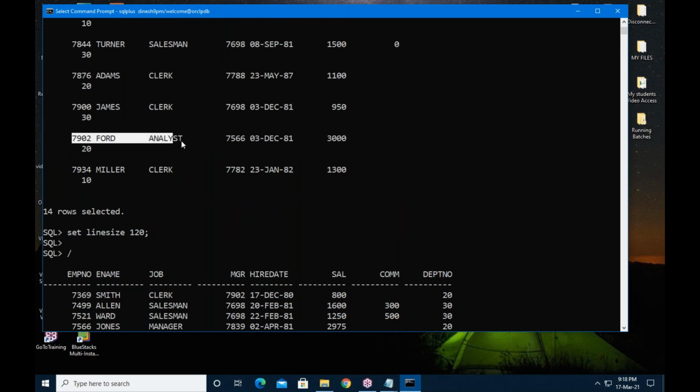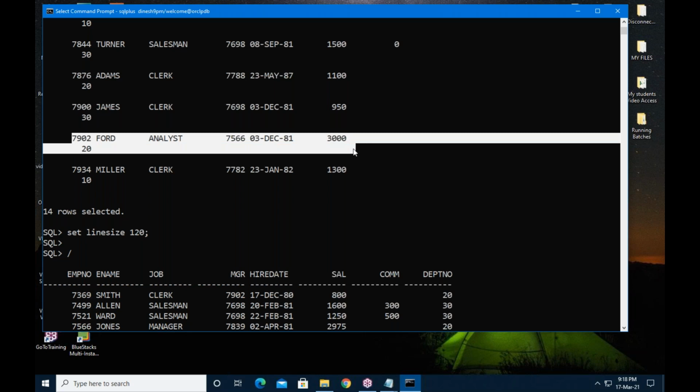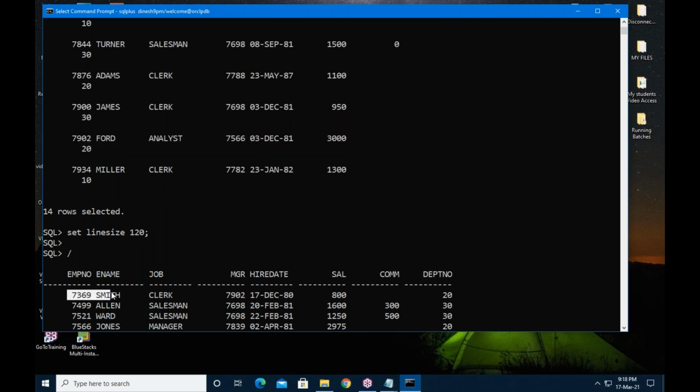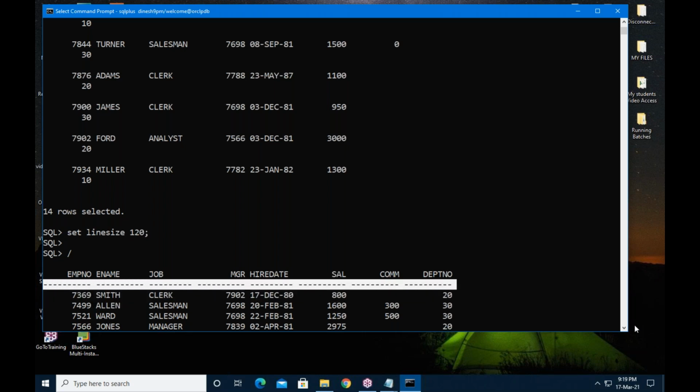In the previous output, each record was printing in 2 lines, whereas in the current output, each record is printing in a single line. Why? Because you are increasing the output line length. So under one output line, a maximum of 120 characters will be printed.